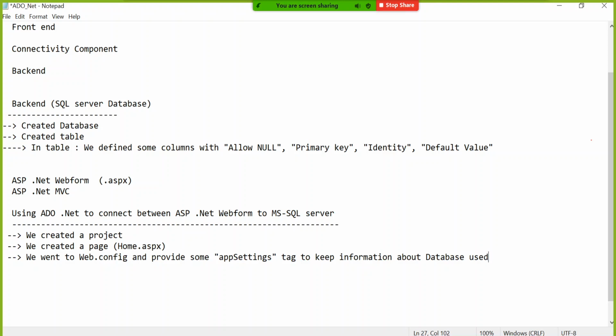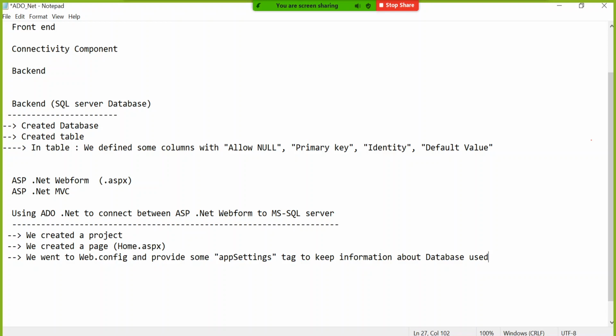I might have 10 different pages tomorrow. All 10 different pages might be using the same database. Then why would I keep the information about the database at the page level? Tell me. If I have 10 different pages and keep the database information at page level, then obviously if the name of the database changes tomorrow, I have to go and change it in 10 pages.